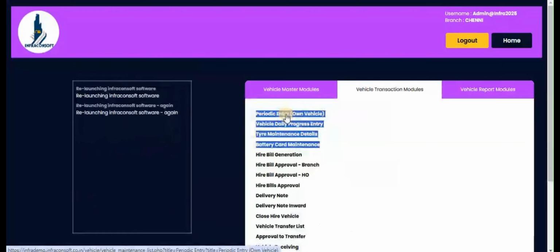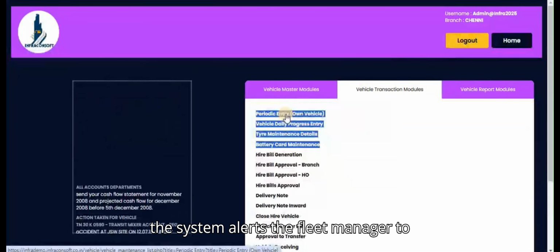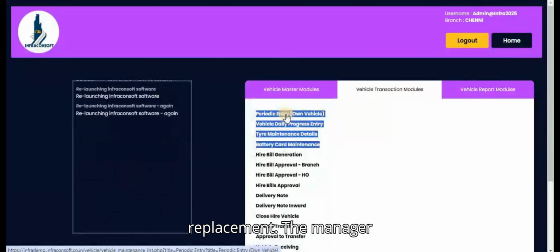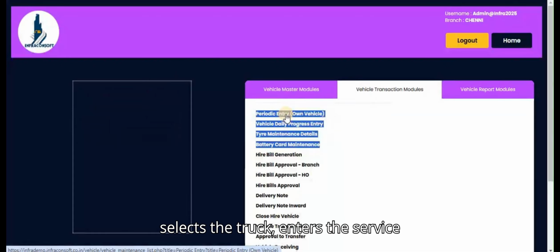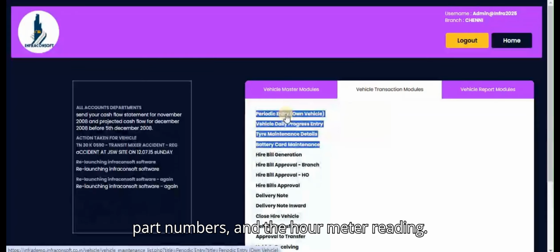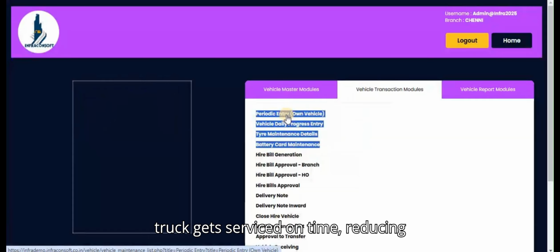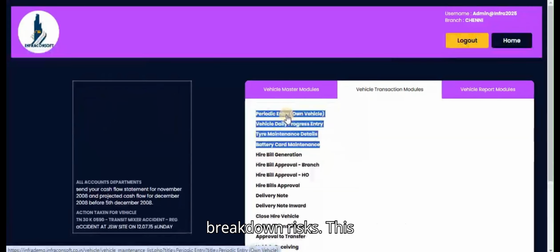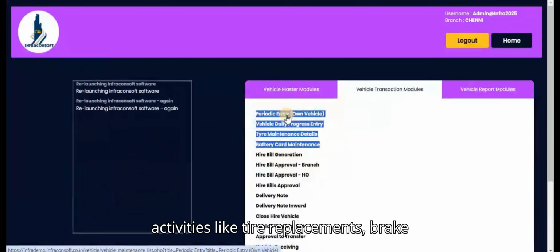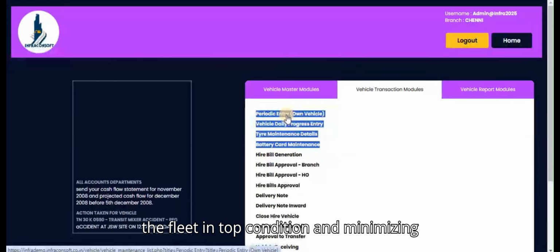Real-time example. A logistics company uses the periodic entry, Own Vehicle, module to track maintenance for its fleet of trucks. When a truck reaches 10,000 kilometers, the system alerts the fleet manager to schedule an oil change and filter replacement. The manager selects the truck, enters the service details, and records the oil grade, part numbers, and the hour meter reading. The system logs the data, ensuring the truck gets serviced on time, reducing breakdown risks. This process repeats for other maintenance activities like tire replacements, brake checks, and gearbox servicing, keeping the fleet in top